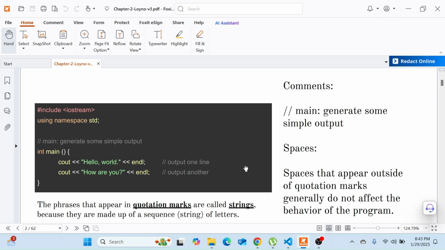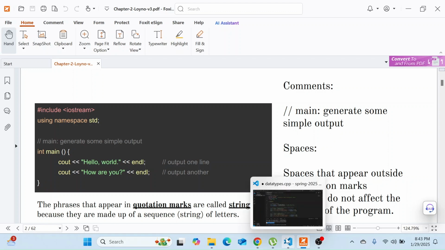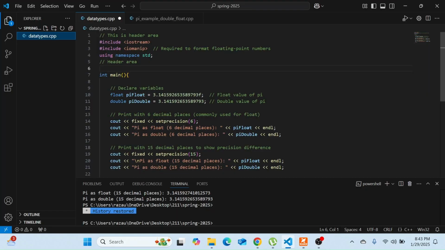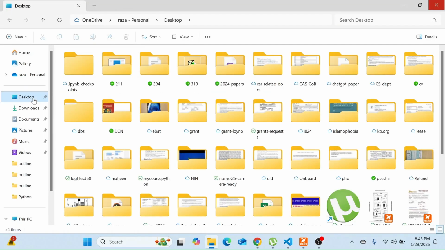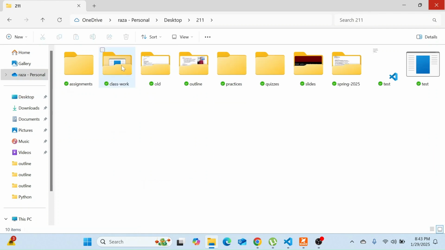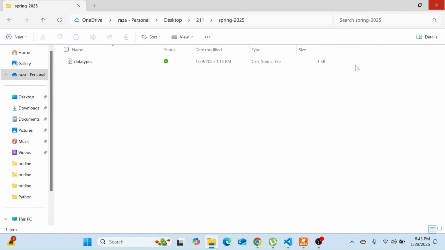So let's begin our first program in C++ and try to explain these 1, 2, 3, 4, and 5 lines of code. And I will write my code in Visual Studio Code and I have already created a workspace on the desktop, and my workspace is a folder inside a directory 211, and this is the folder that I'm gonna create files